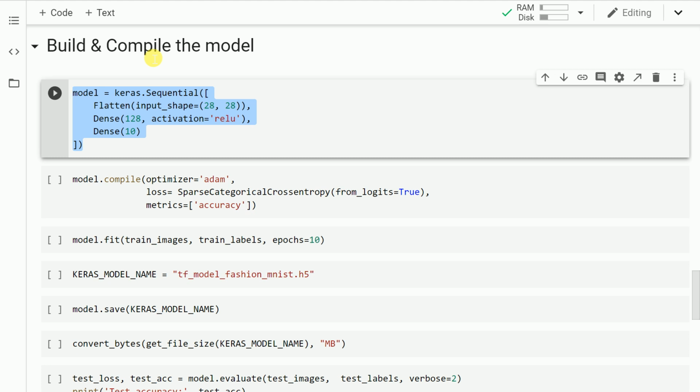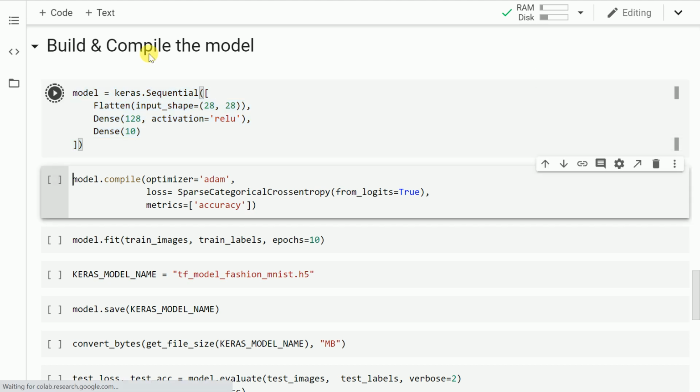I want to flatten it out into a one-dimensional array, and this is only possible using the flatten function. Next up, I add two dense layers, one with 128 output units and the other with 10 output units. In the first dense layer, I add an activation of ReLU, which is rectified linear unit, and I run the cell.